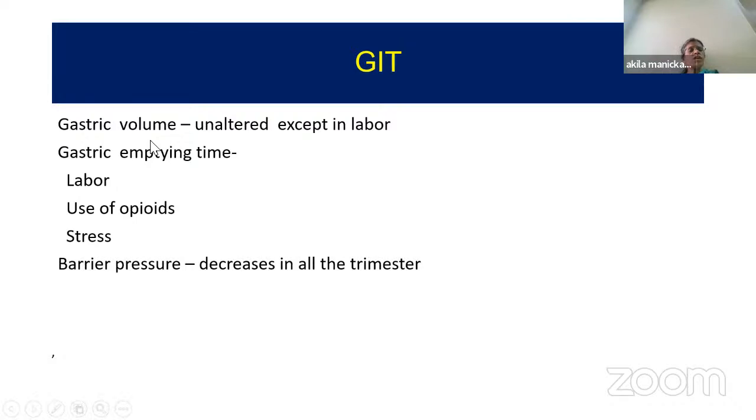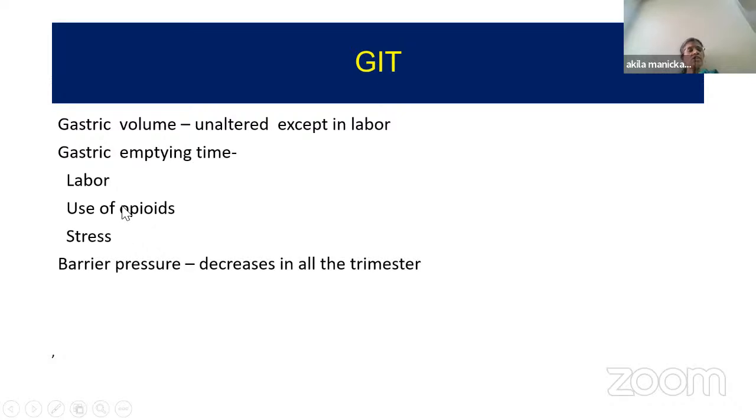So when you look at the gastric volume, the volume of acid that is secreted in response to gastrin is not altered during pregnancy, but during labor the volume can be more because of the pain and the sympathetic response. The next thing is your emptying time. Your emptying time also gets prolonged only during labor. Use of opioids, which can be intravenous opioids or neuraxial opioids, and stress, all these things can delay your gastric